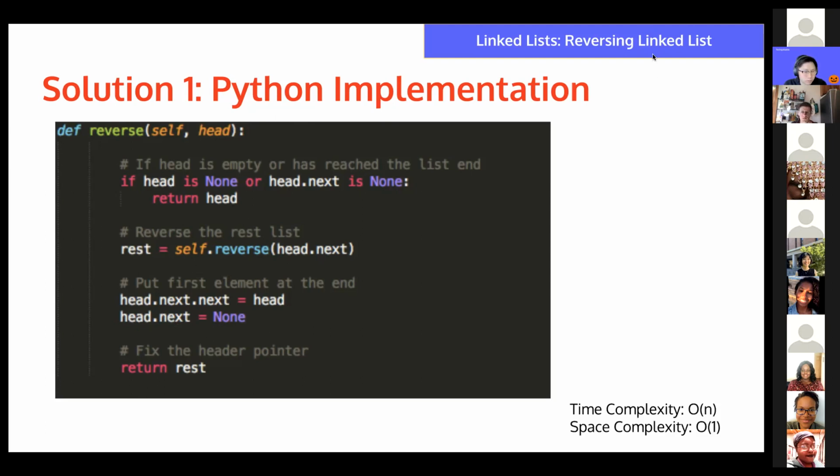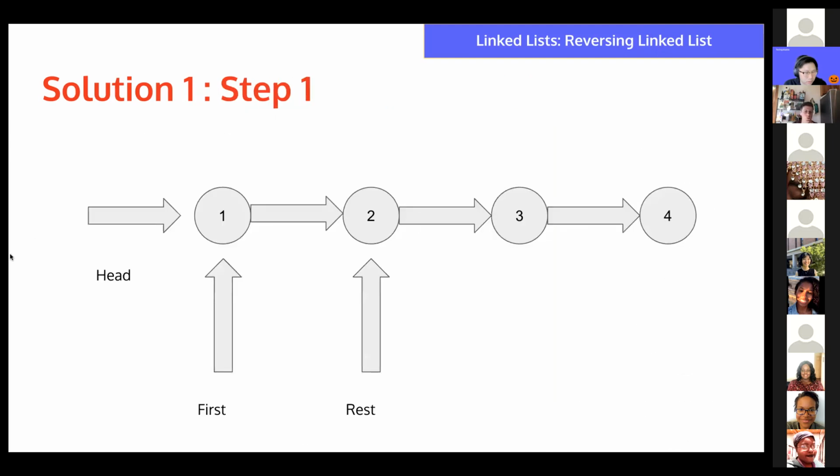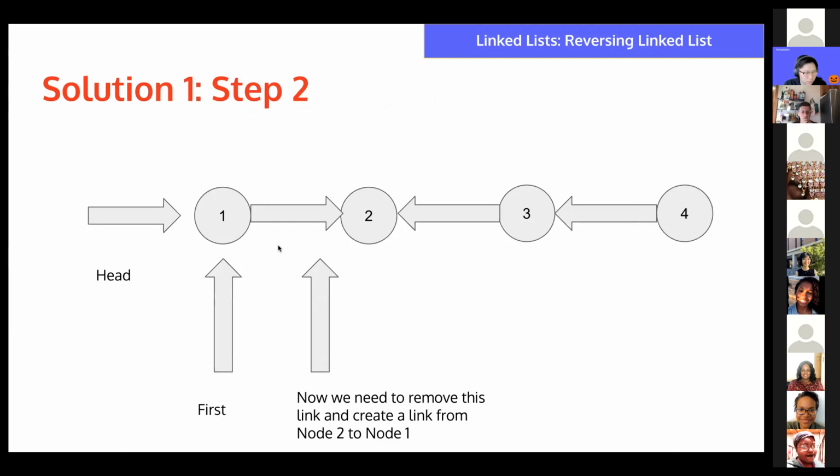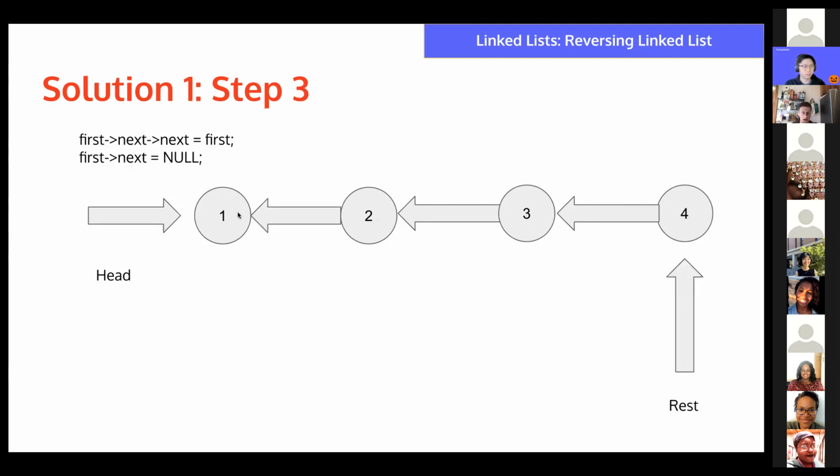Could you explain the head.next equals head again? For sure. Yep. So that is the step here where we now have, this is almost correct because we were able to reverse 2 through 4, but we have to do this last thing. Right now it's 1 is pointing to 2, but we want it to be that 2 points to 1. How we do that is that,